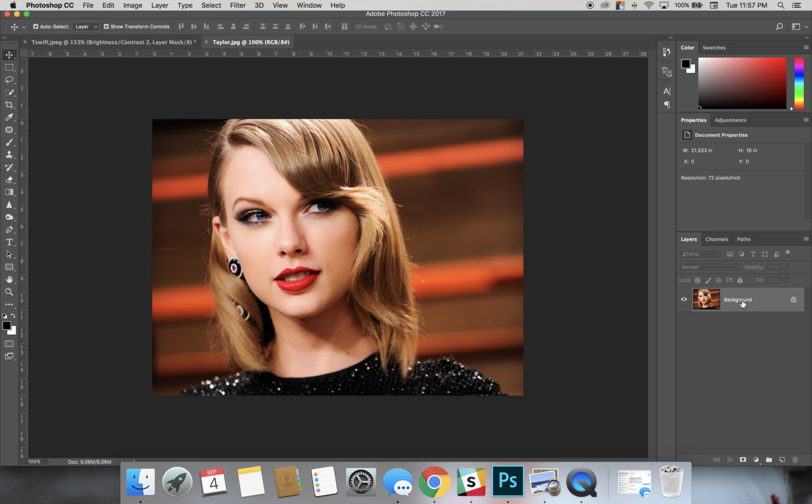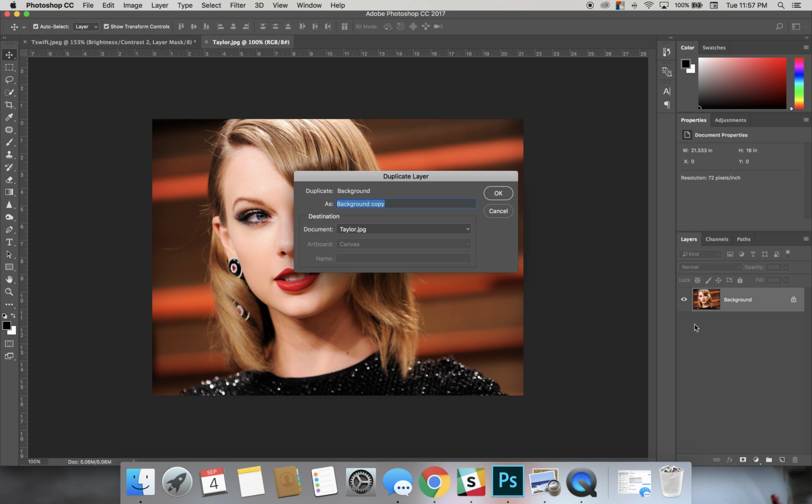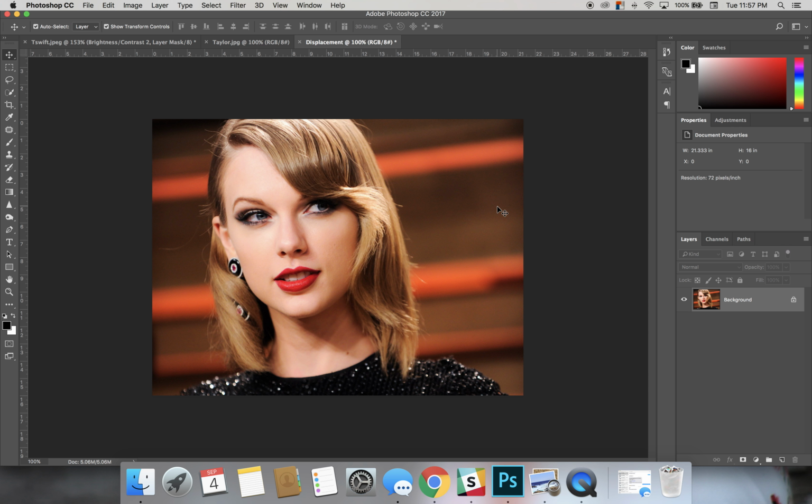So the first thing we're going to do is duplicate this, and usually I would suggest using the shortcut Control J to duplicate, but in this instance we're going to right click and duplicate from our drop down menu because we want to open this duplication into a new canvas or workspace. So we're going to go to our destination, click on New, and rename this Displacement. Hit OK. And you'll see that we now have a new tab called Displacement. It's the same photo, and this is what we're going to use for our displacement filter at the very end of